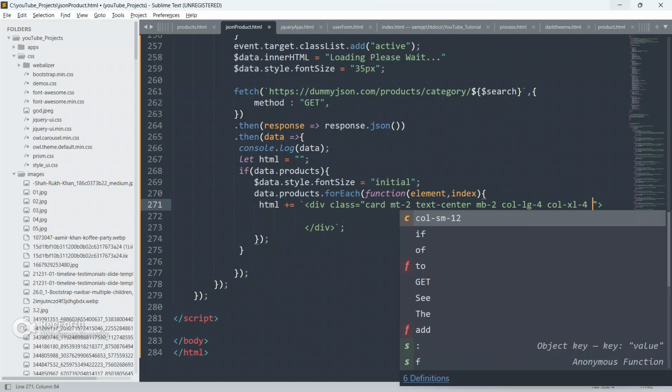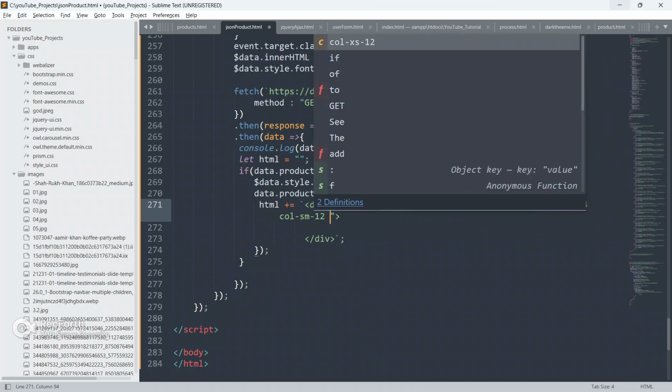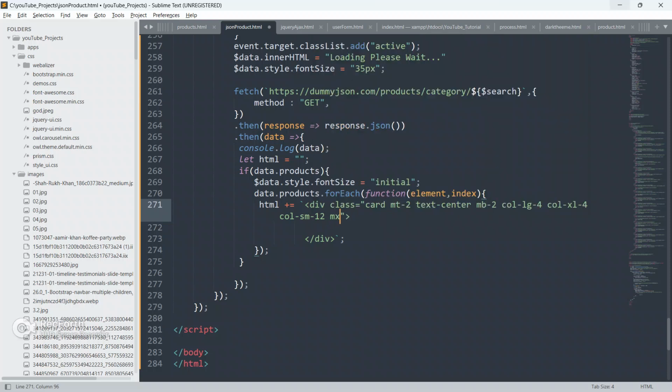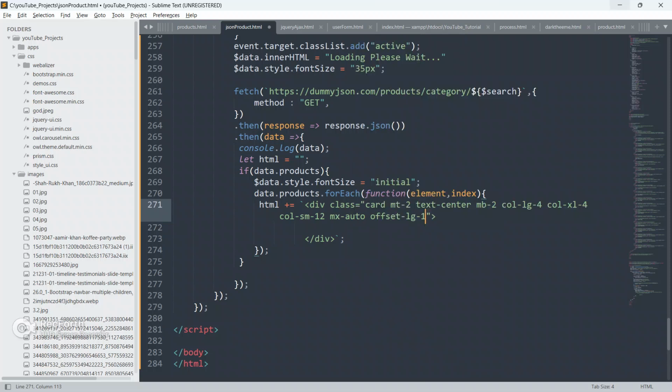and give col-sm-12 and give mx-auto and give offset-lg-1.